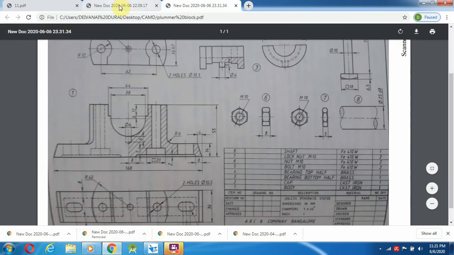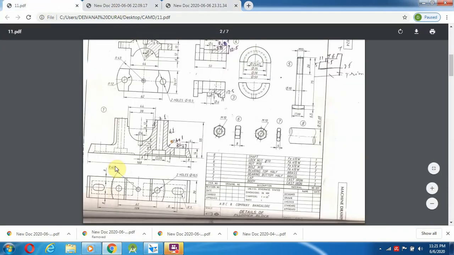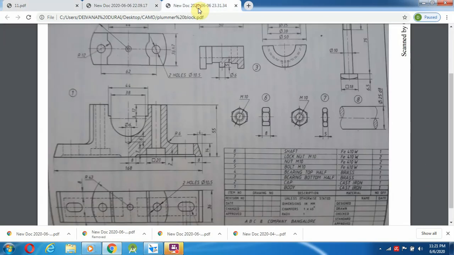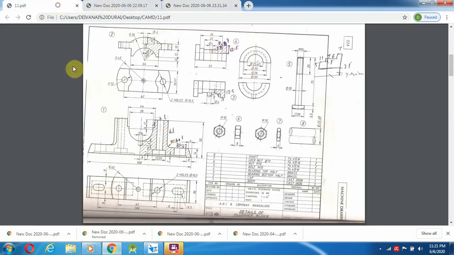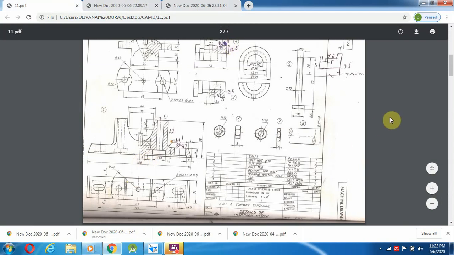So what is the length they have given? 128 mm. This is the 128 mm from the ellipse hole distance, but the total length is 168 mm.